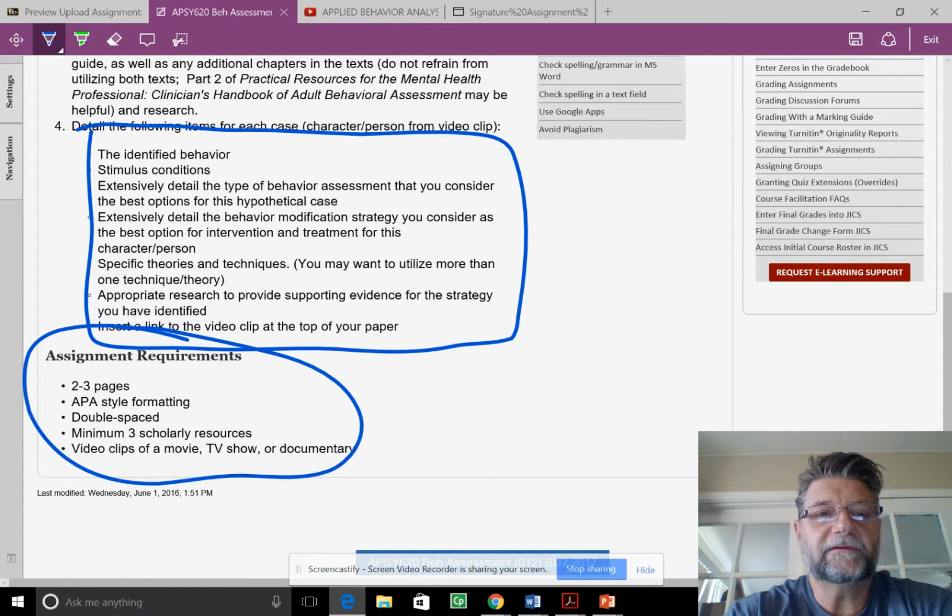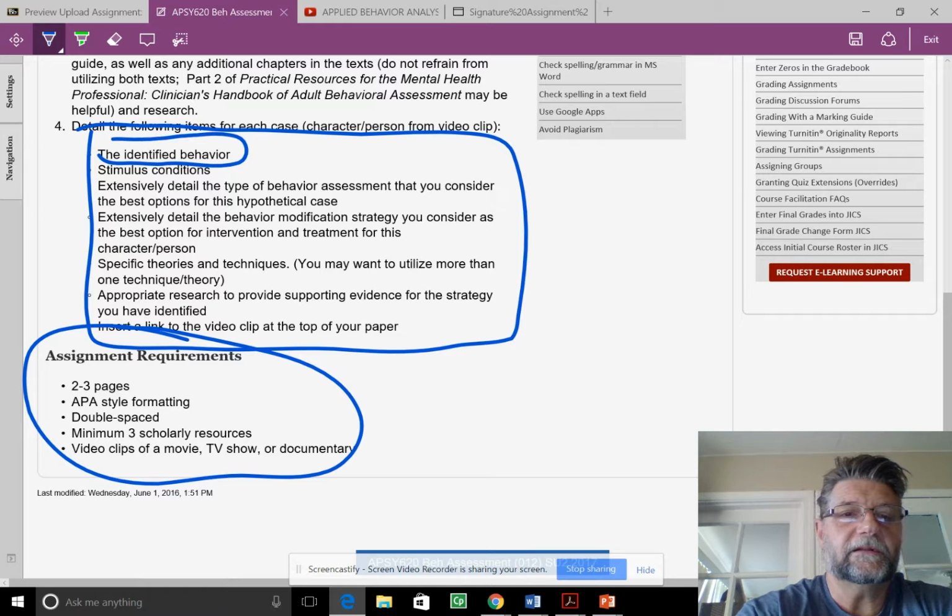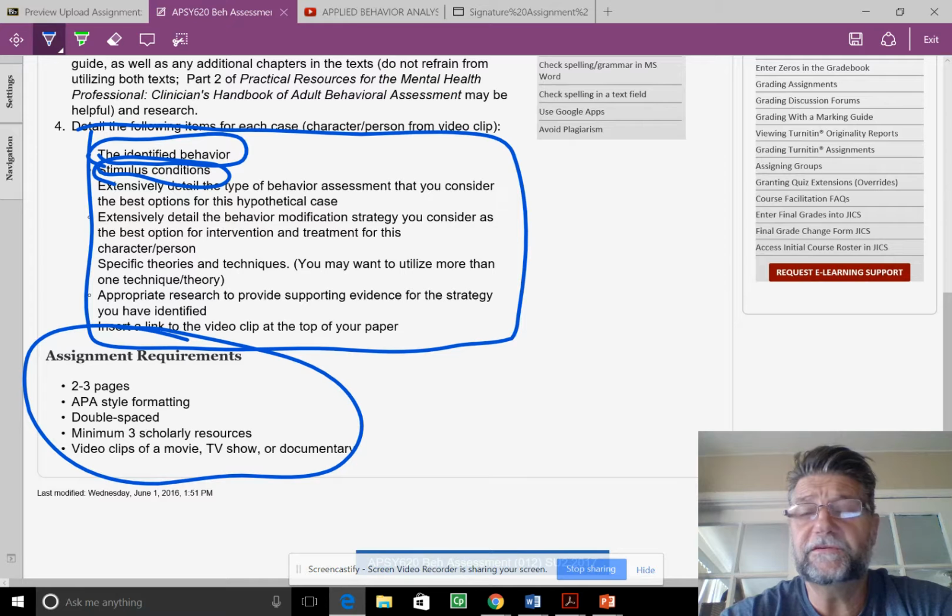Identify behavior, stimulus condition, extensively detailed type of behavior assessment that you consider to be the best option for a hypothetical case. So if you like, you can actually use these as headers, just make them bold headers, probably header level 2, I would imagine, for your paper, but it depends how you set up your paper.